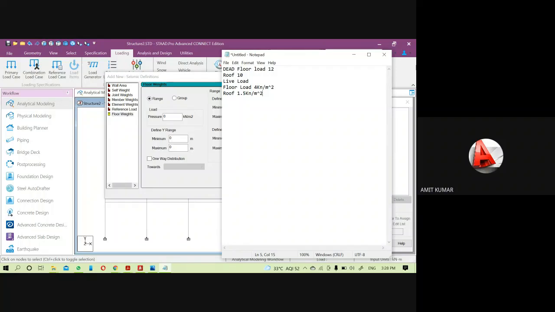50% of the live load will work as a lumped load, but there is one more condition. If the live load is greater than or equal to 4 kilonewton, only in that condition do we have to include it in the floor load. Here in our example, the floor live load value is 4 kilonewton and the roof live load value is 1.5 kilonewton.